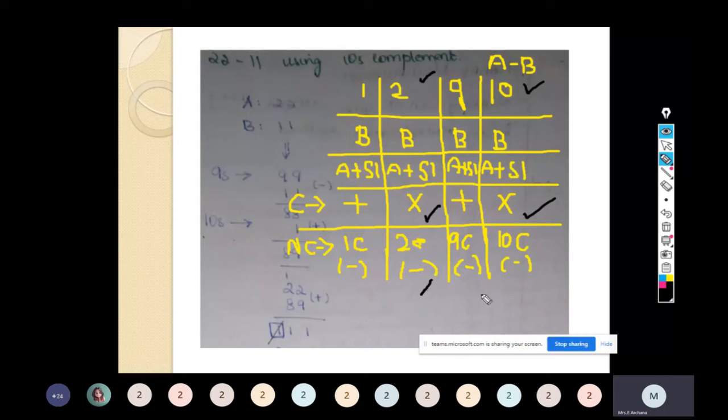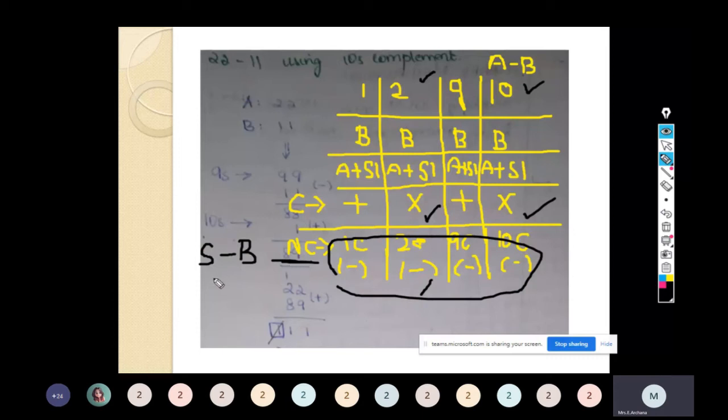Obviously, it will be of a negative sign. When will this negative sign occur? When the no carry condition occurs, only when we subtract a smaller number minus bigger number. On seeing this problem, we can identify this no carry condition occurs only when we subtract a smaller number minus bigger number.